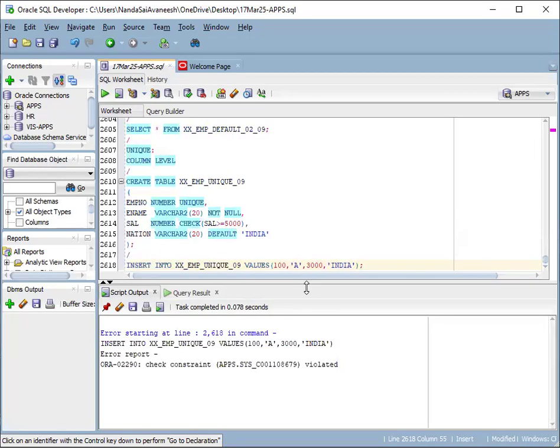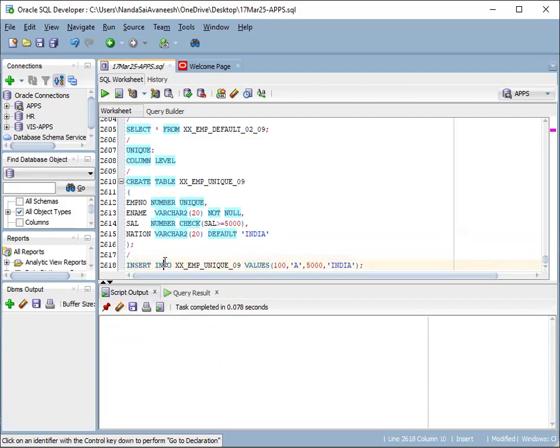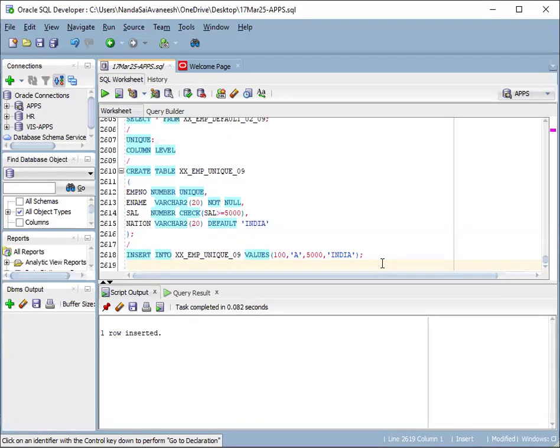So here it has violated the check constraint. That is, salary should be more than or equal to 5,000. Then if I say 5,000, then it is going to insert this record. One row inserted here. Okay. Same way, suppose if you want to insert one more record here,